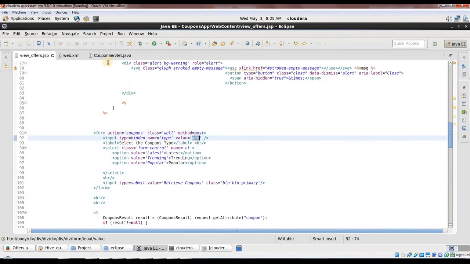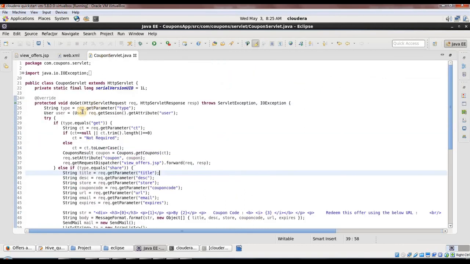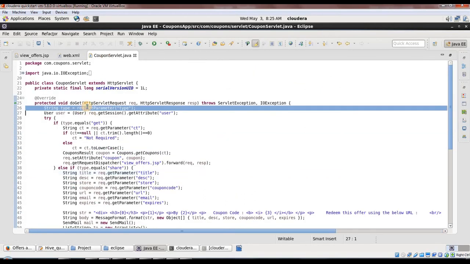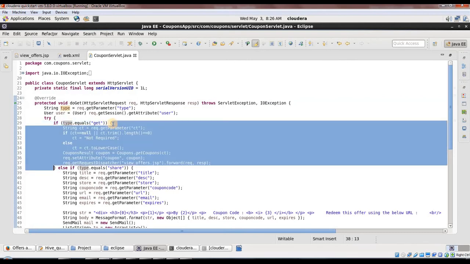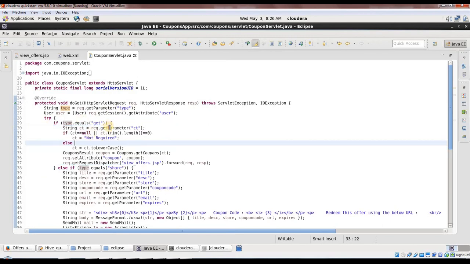Here get. Okay, so in couponservlet.java we are first reading the value of that hidden variable. If that hidden variable value is equal to get. Okay, so this part of the code is getting executed right now. Okay, what are we doing in this part of the code? So we are getting the coupon type, like whether it is popular coupon, trending coupon, or the latest coupon, like